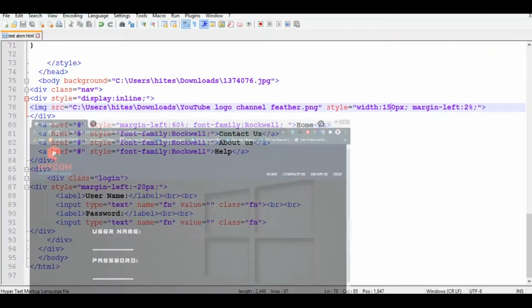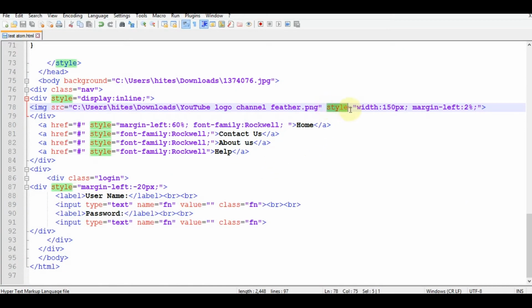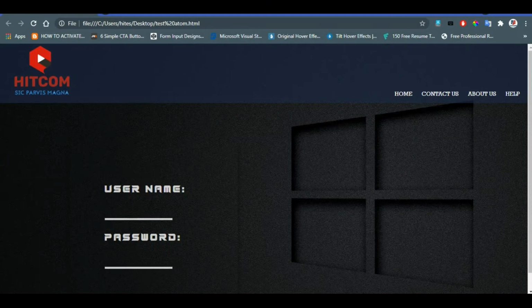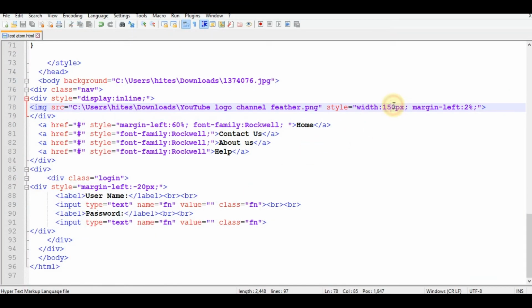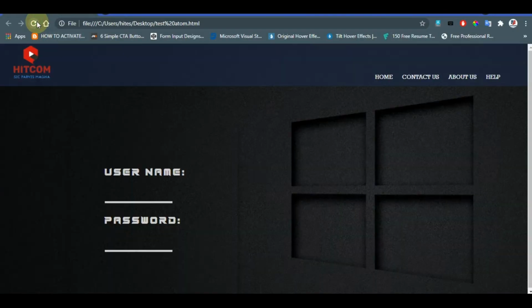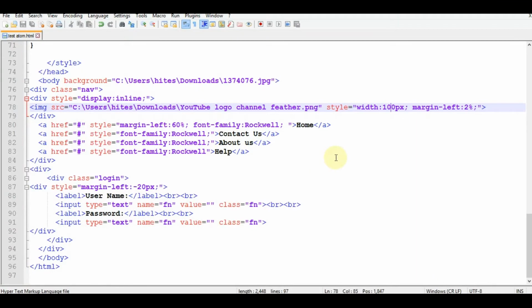I have to save it and then run it again, and you will see that my photo is bigger now. So basically, when you put the style, you write code related to your content and it changes according to it. I have written 150, so now it is bigger. If you put 100, it will be 100. So first of all you have to put the content, and only then start formatting it. I put the photo first, and only after that I put the style.